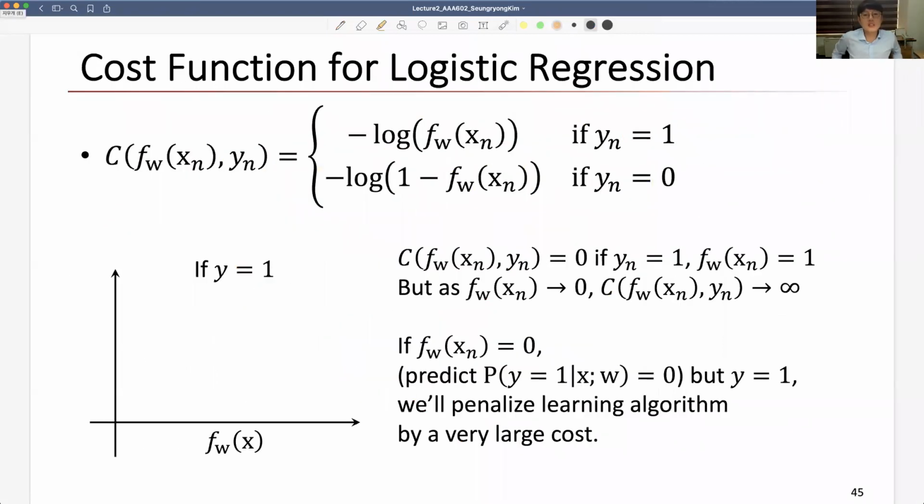Then which loss function is better? We need to define another function to solve that problem. So here is a new loss function for the logistic regression. Let's think about the property first. We already know f_W of x is defined from 0 to 1. We already know that, right? Then the desirable property is that